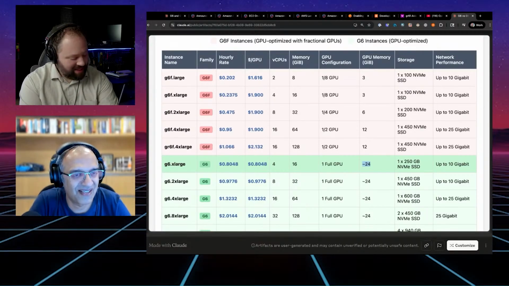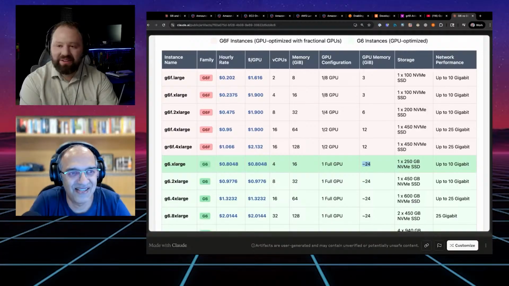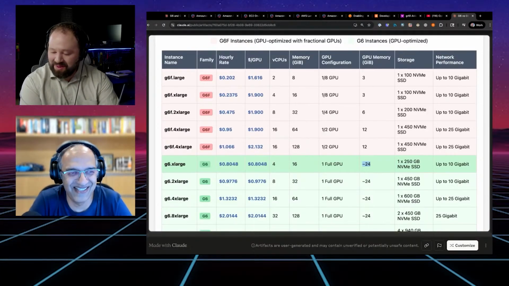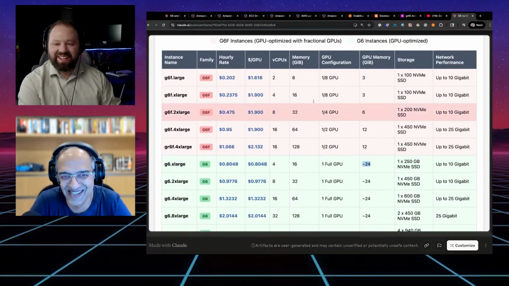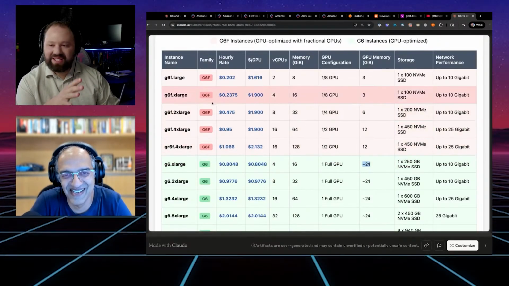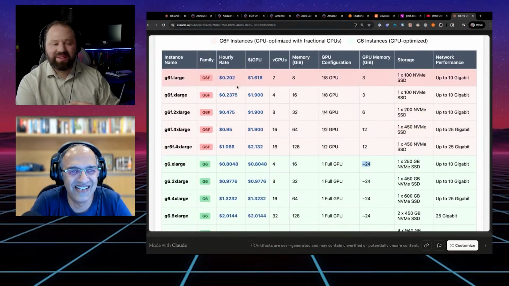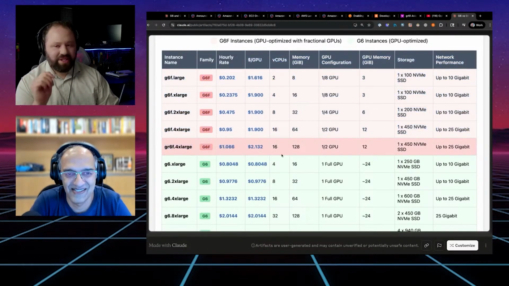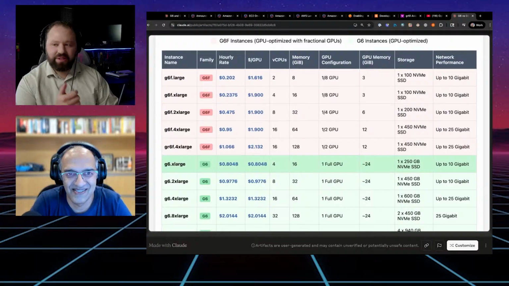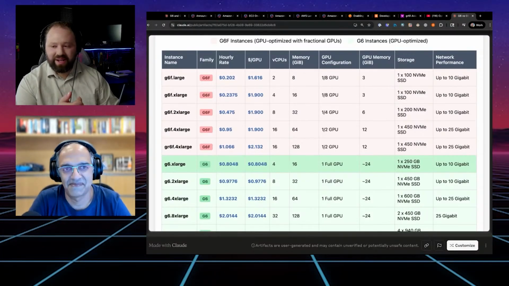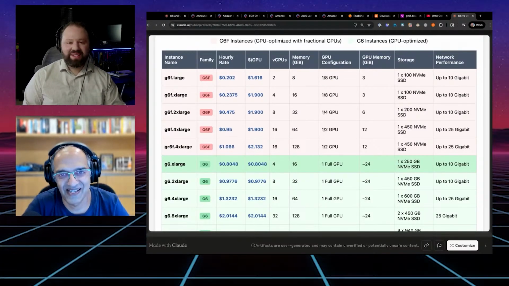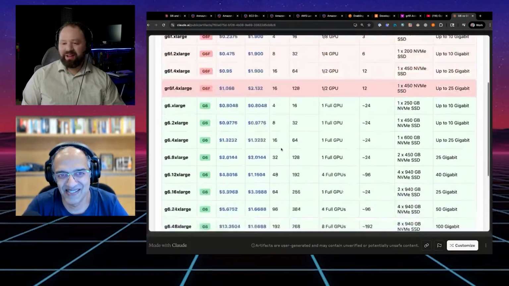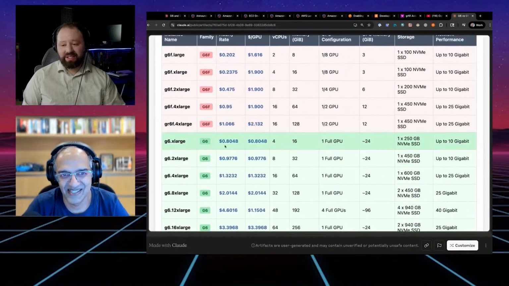Well, it's like when you get into imaginary numbers, right? And you lose the strict ordering. What do they call it? You get into quaternions and octonions. You lose the strict ordering property, and these instances are not strictly ordered. Correct. So we came up with this dollars per GPU column. So if you're just worried about how much GPU you're getting for a given price, let's go through this one because it's not linear at all. Correct. It's like the best value is actually the G6.8xlarge.